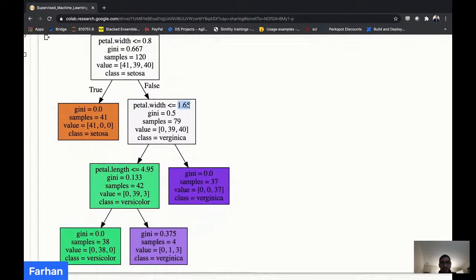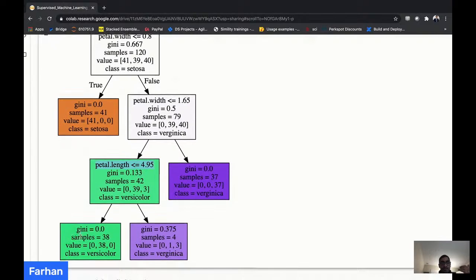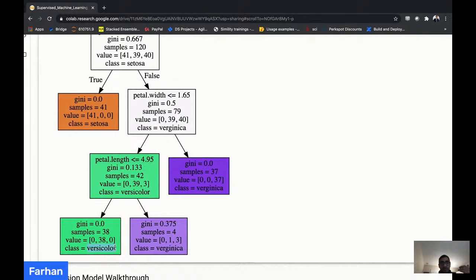So if the value is less than or equal to 1.65, then it is predicting the class is Virginica, but it's also creating multiple subconditions that you can use to further break the tree down. So we have again split the tree into two parts. Here again it is checking if the petal length is less than or equal to 4.95, then it is classifying the final outcome as versicolor. And if it is not less than 1.65, then we look at this condition, and it's finally saying that this belongs to Virginica. So this is a very intuitive way to understand how the decision tree model is making decisions,